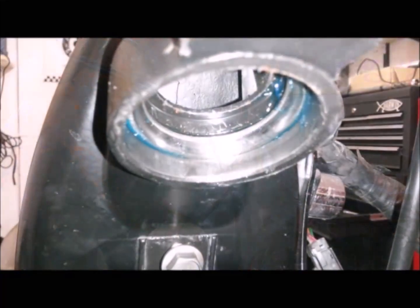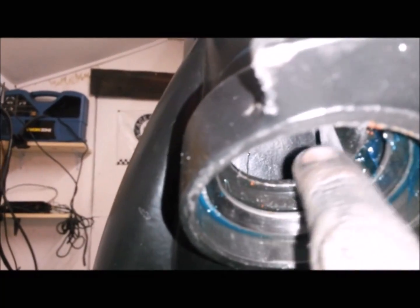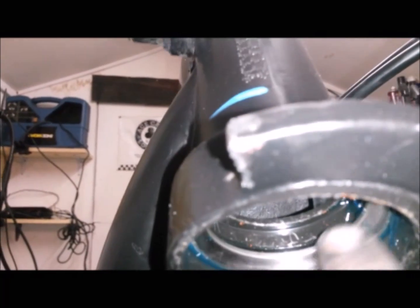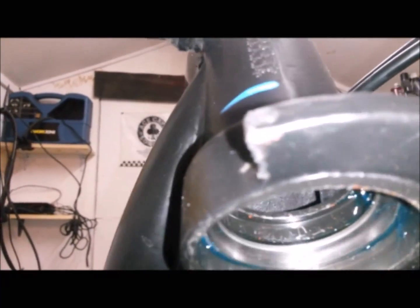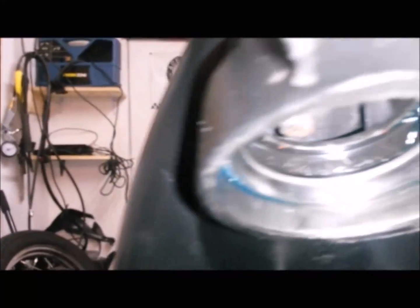Okay then, so tapping out the top race was pretty easy. That was just straight up and out. This bottom race is a bit harder because I've got this lip here, which is pretty much exactly the same circumference as that, so you've only got this little gap here. So I've had to improvise tool-wise, taken a punch and got the angle grinder on it and ground out a little notch. So I'm hoping that when that goes down there,